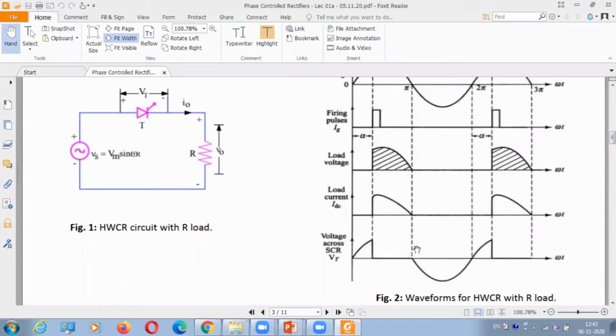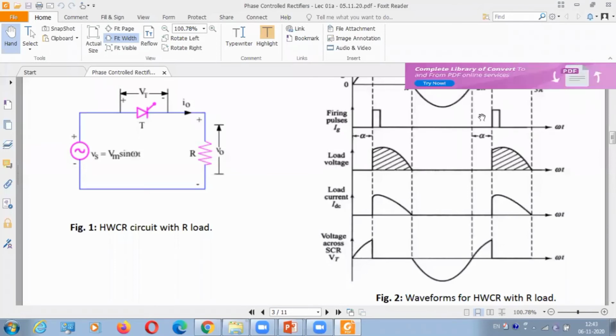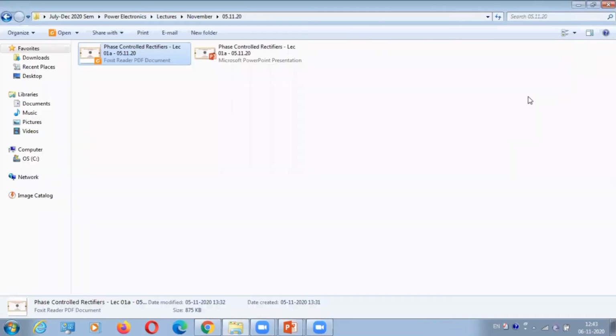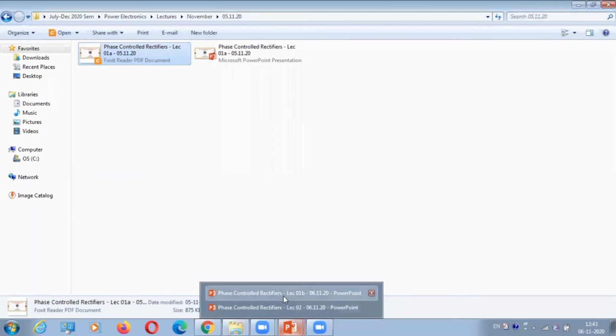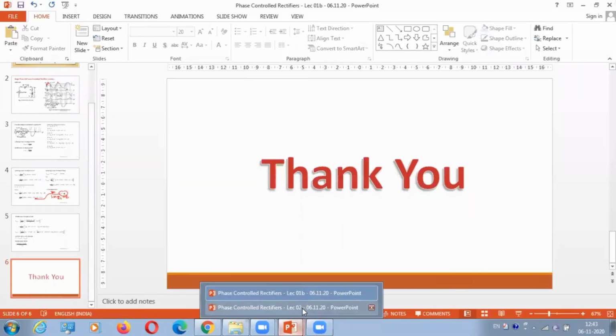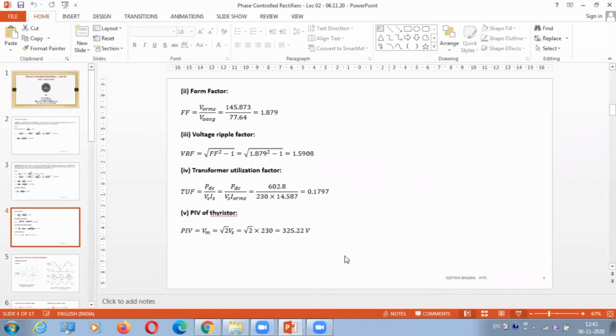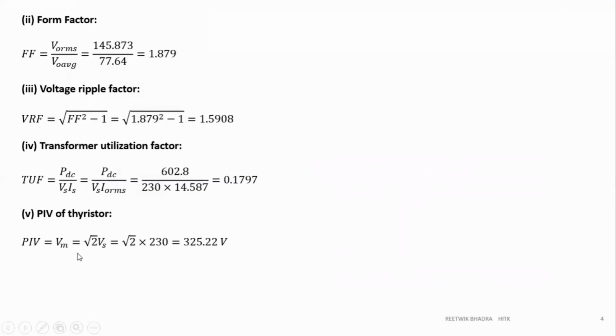This is nothing but your sine wave which we are getting over here. So what is the maximum value of the sine wave over here? Vm. So that is what we are using over there. PIV is equal to Vm, peak inverse voltage, the maximum voltage that can appear across the thyristor when it is